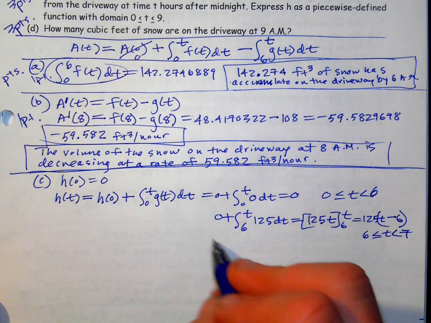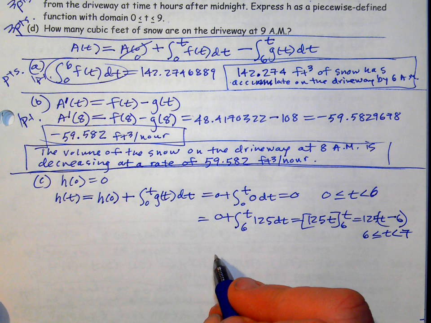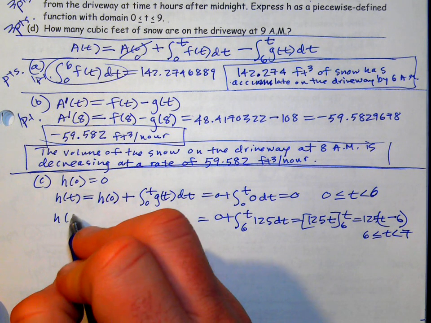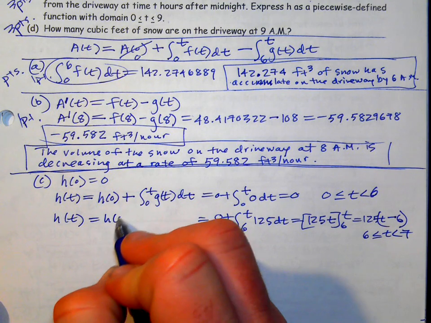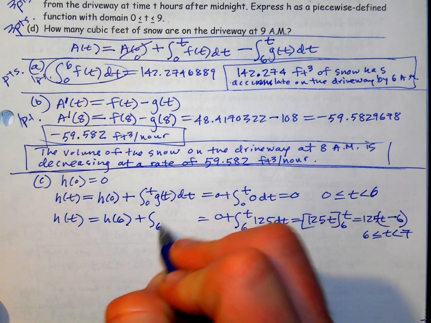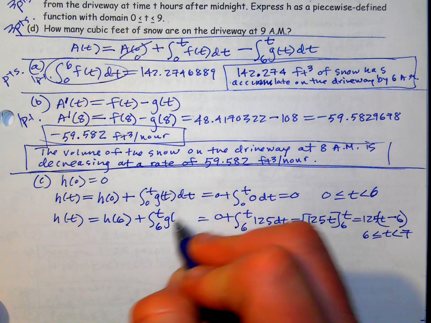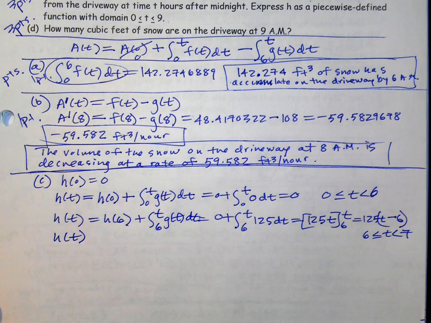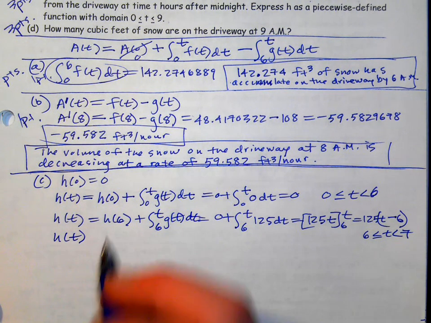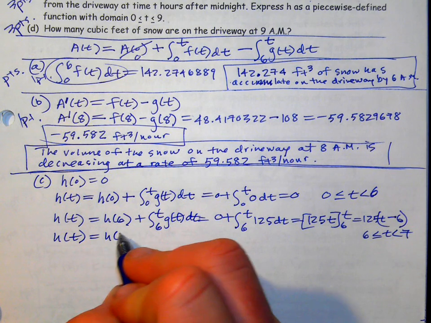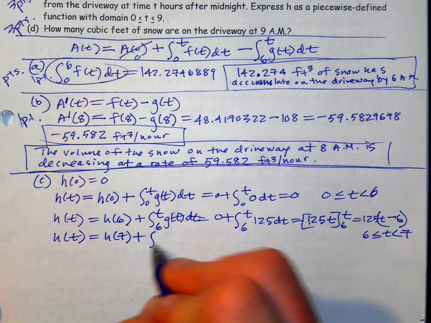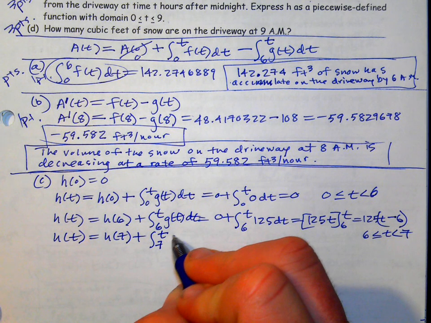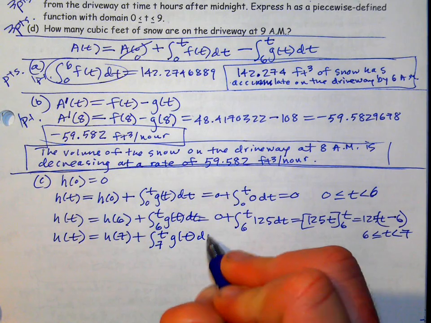And then so h(t) equals the amount of h(6) plus the integral 6 to t of g(t) dt, and then starting at time 7, we got to start with, well, how much was removed at time 7, and go 7 to t g(t) dt equals